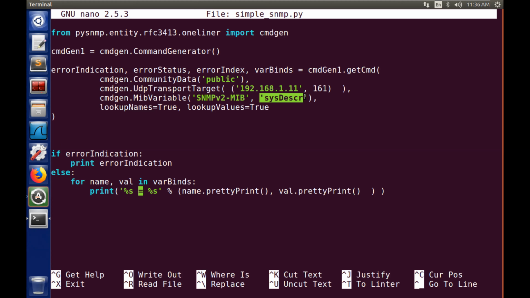And then the data will be stored in this variable. I'm just going to call it varBinds. You can call it whatever you want; it's just a variable. It's actually like a structure of tuples, basically. You'll see that. It'll be an object that you can iterate through, and it'll allow you to display the